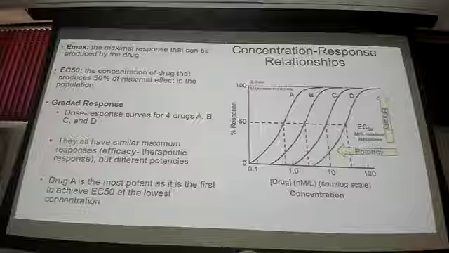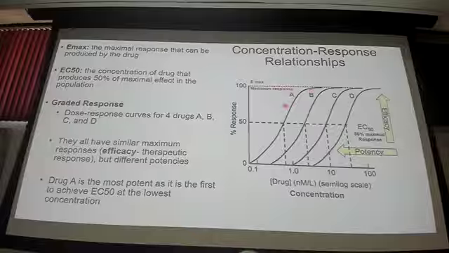So when we look at this graph, we see the efficacy is the same for all drugs A, B, C, D. However, the potency increases as you go to the left. So drug A is more potent than drug B, and C, and then D. So when we look at a drug's effect, we don't look so much at potency, we look at the efficacy. That's what we want in clinical